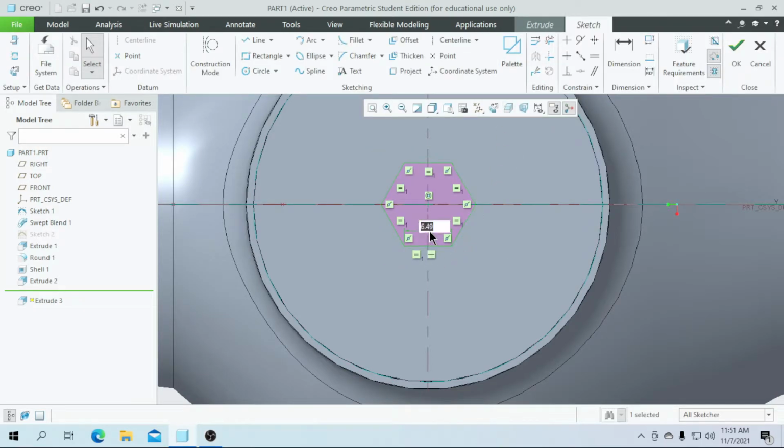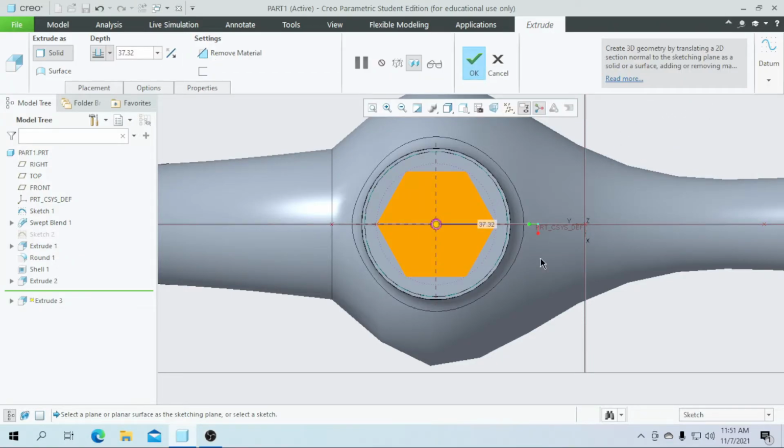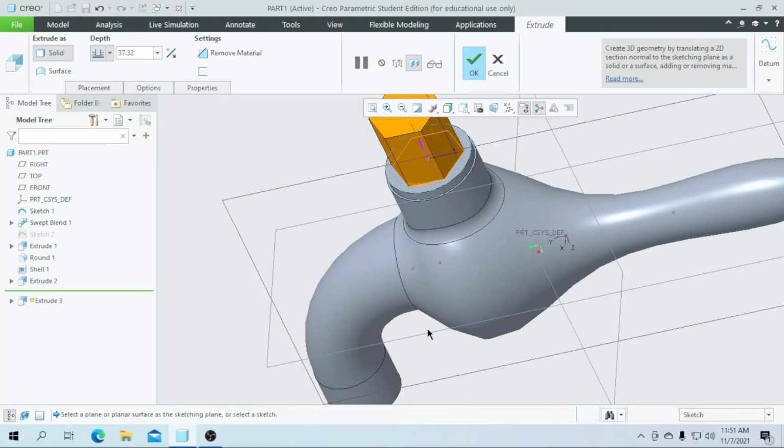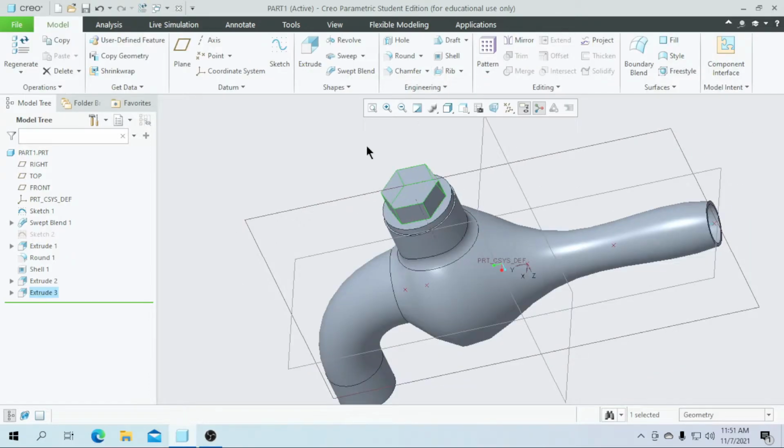So now adjust this value to be 20. As you can see here, our palette has been successfully created. So click on OK. So now I am going to extrude this palette to a value of 15 here and then click on OK.